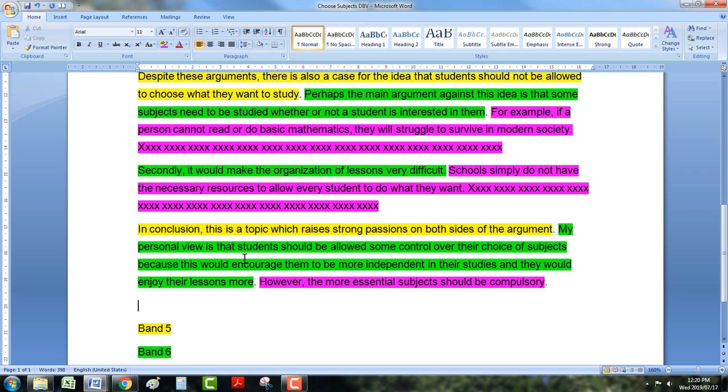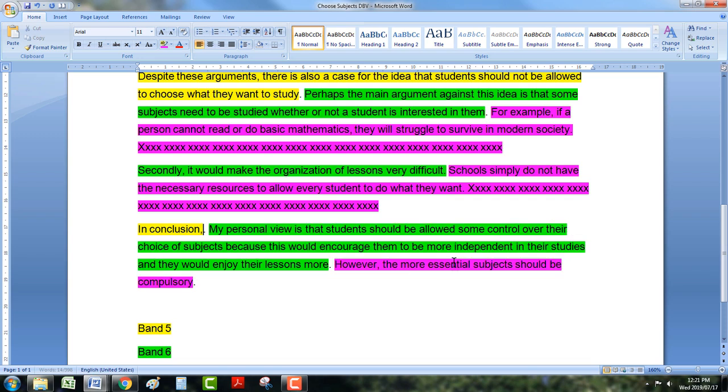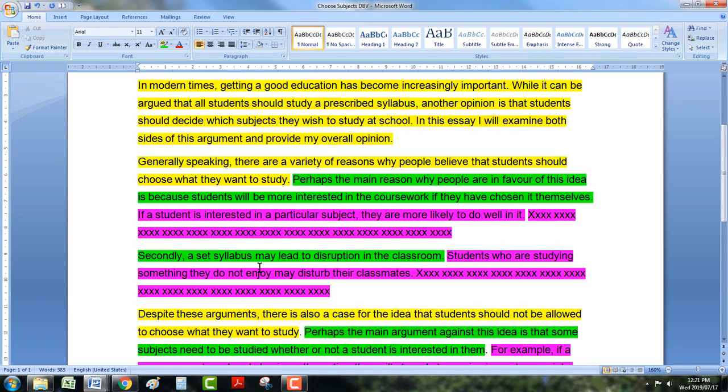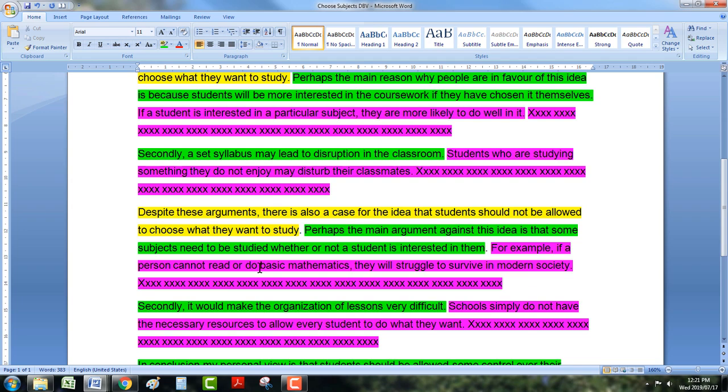Let me quickly talk about this sentence. It's not actually that necessary. The reason I actually put this in the basic template is for students who are struggling to write 250 words. And so this just gives them 10 or 15 extra words. So we can actually take that out, because one of the problems that you start running into now with the higher bands is that this essay starts to get too long.